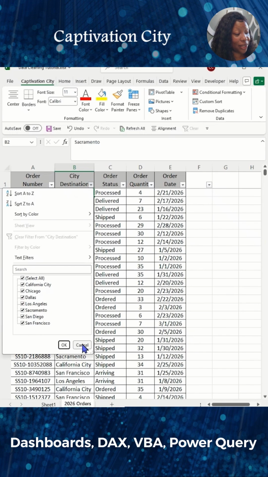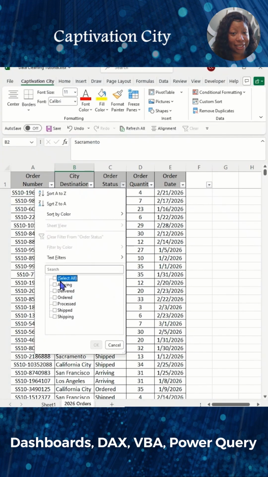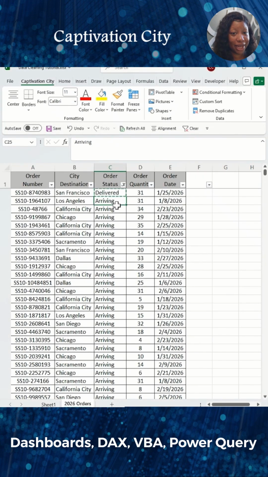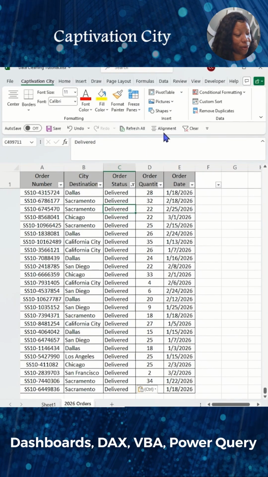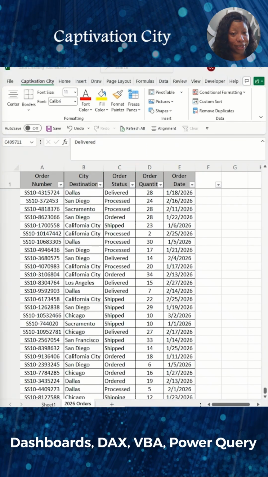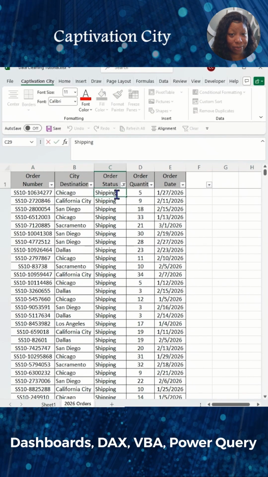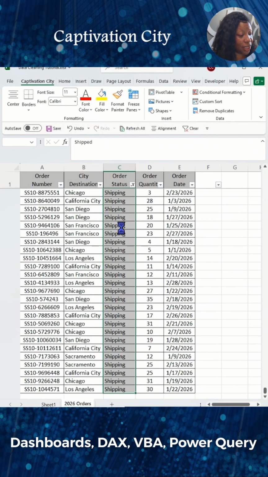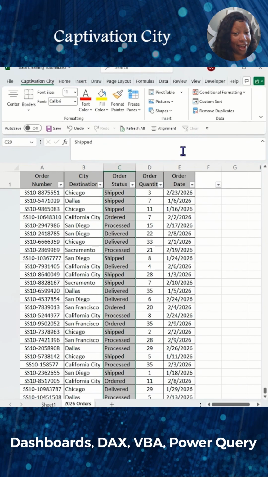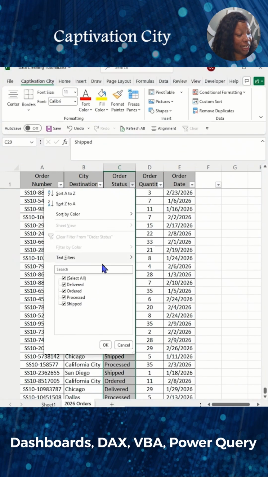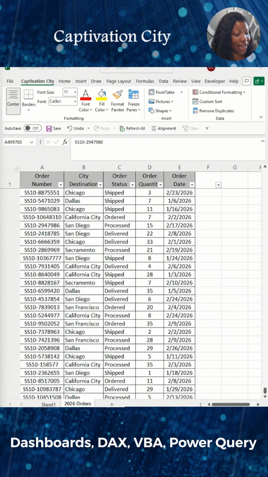Now let's go to the statuses because I need to combine these statuses so that they'll display correctly. So I'm going to change arriving to delivered because that's what it should be. And I'm going to change shipping to shipped. And we should only have the 4 statuses that you see here, which is ordered, processed, shipped, and delivered. And that's it. So now that we've made these changes, let's refresh the data